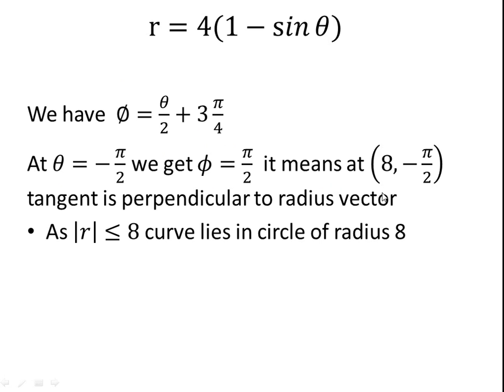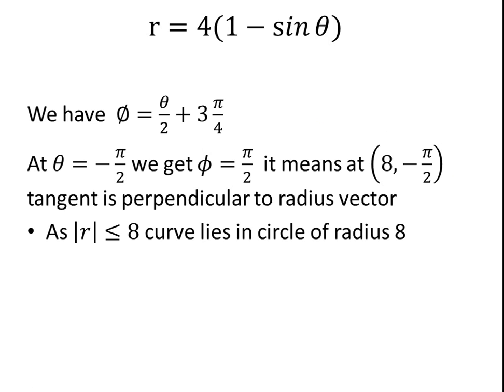Tangent is perpendicular to the radius vector, but at which point? Theta is equal to minus pi by 2. Now, in order to decide the point, theta is minus pi by 2, that we know. Put the value over here. So the value of r will be plus 8. Over here I will put sine of minus pi by 2, and this value will become plus, then minus. And finally r will be equal to 8, theta is equal to minus pi by 2. So this is r comma theta, the point where the tangent is perpendicular to the radius vector.